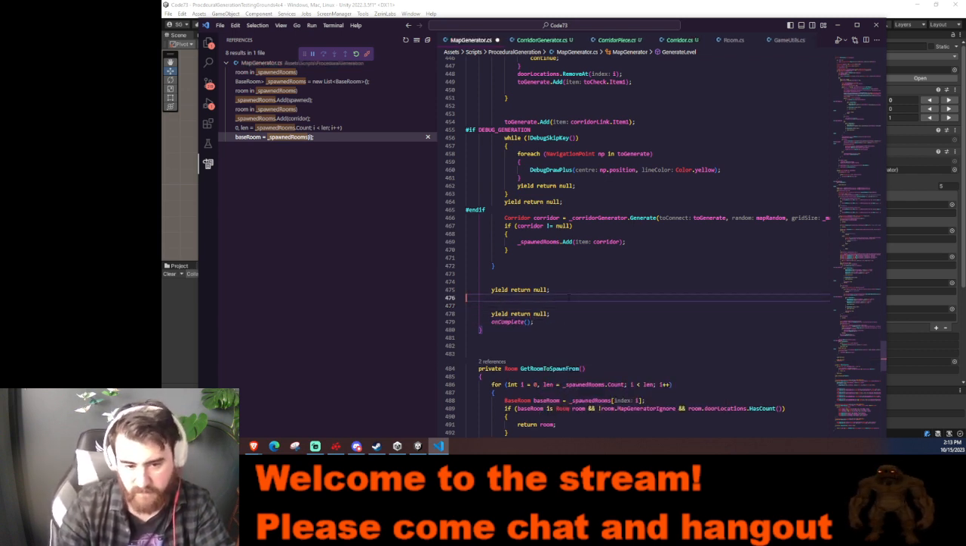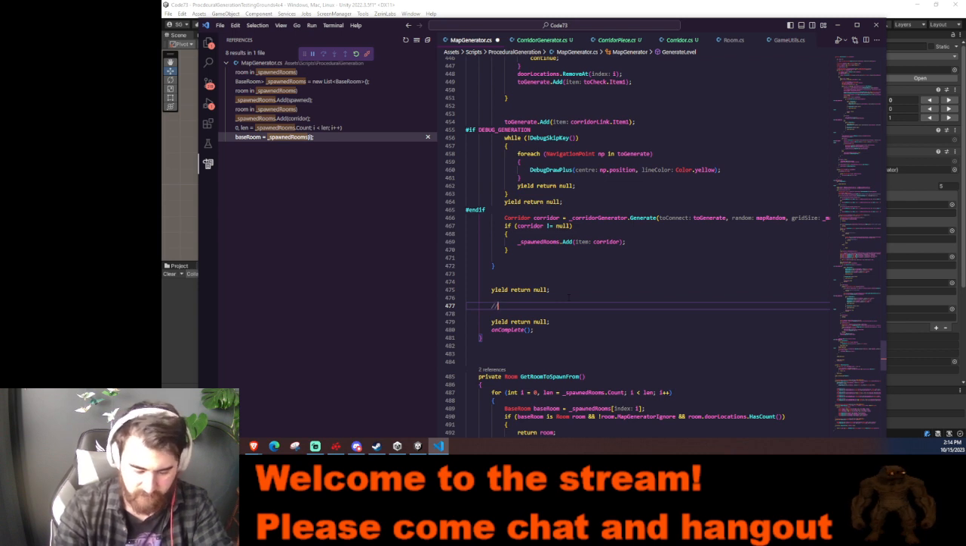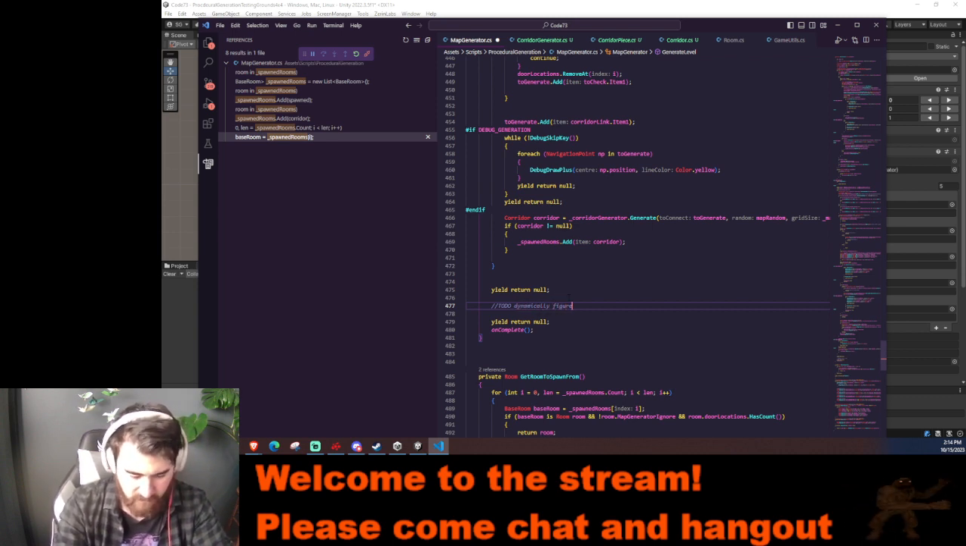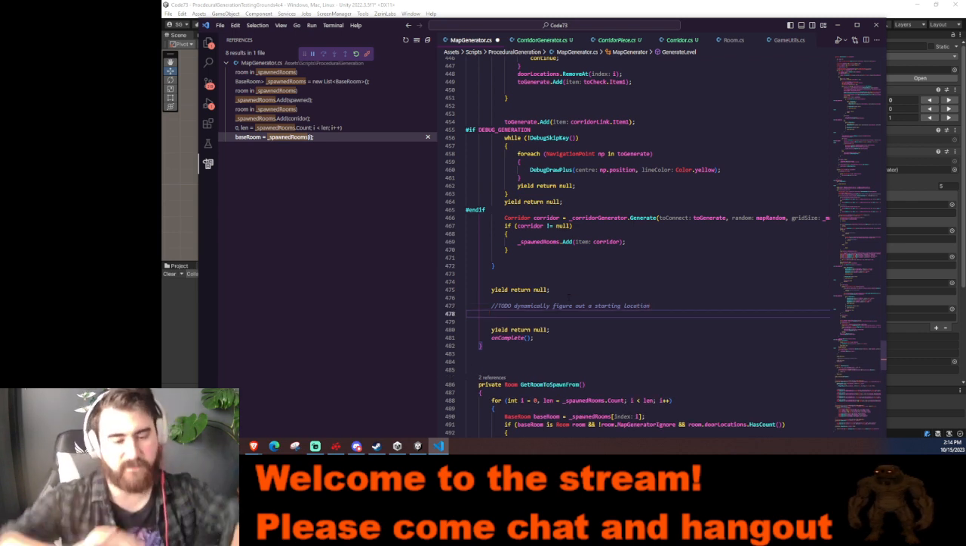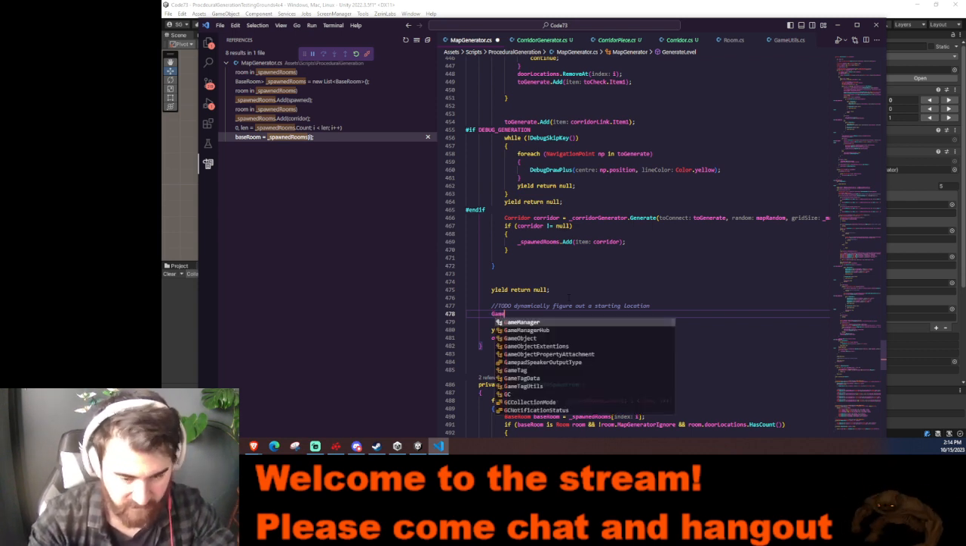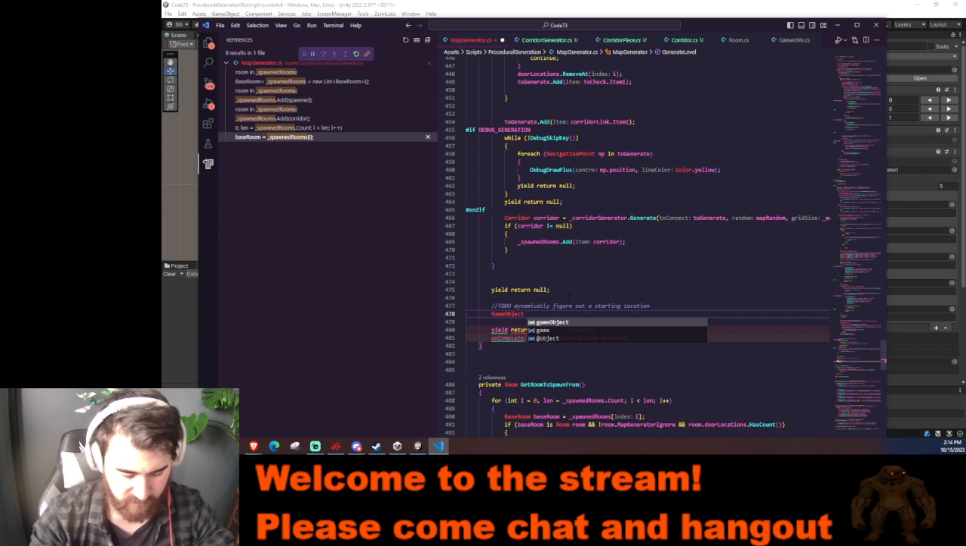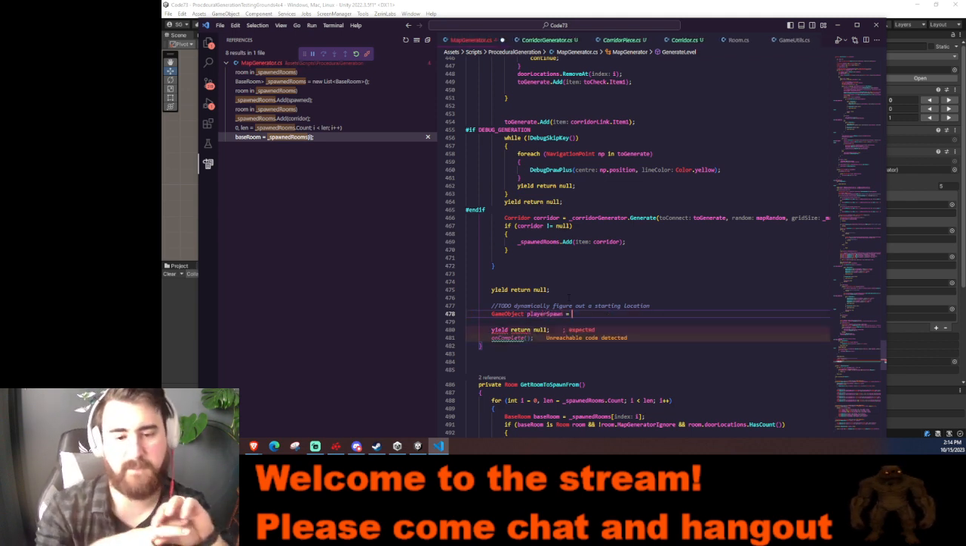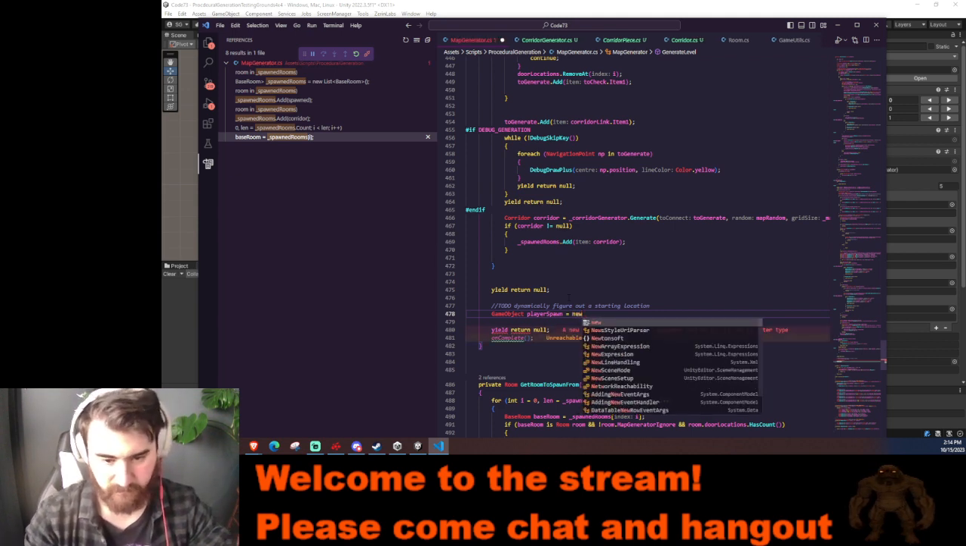And I will go for now, adding it to dynamically figure out a starting location. Because right now I'm just going to plop the person basically in the middle. So what I'm doing is game object player spawn equals new